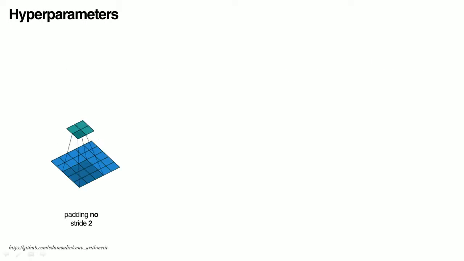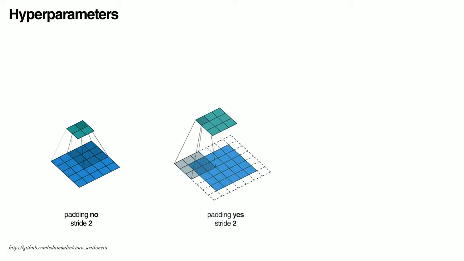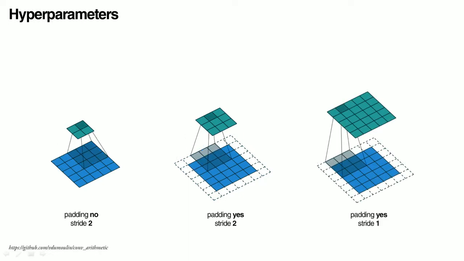So for instance, if we decide not to pad our image, but have a stride of 2, on a 5x5 input, we end up with a 2x2 feature map. Now let's assume that we keep the stride fixed at 2 and add padding all around the image. And you can see here how the output size obviously would change as a result. If we keep the padding and change the stride, bring it down to 1, you get obviously a different output as well. And so with the exception of this last example, we can see that strides can be used to